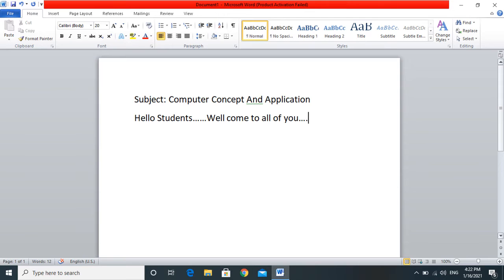Then groups, they organize related commands. Each group name appears below the group on the ribbon. For example, the group of commands related to font. See here, this is the font group. Then commands appear within each group, as mentioned above.